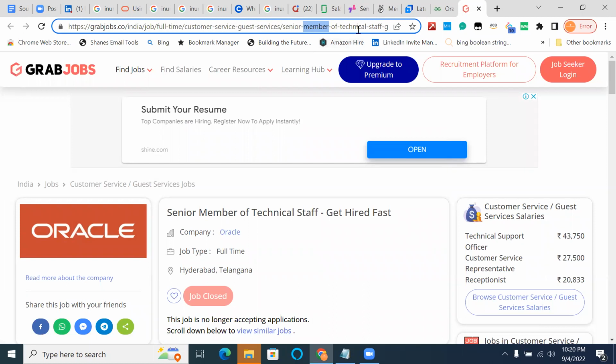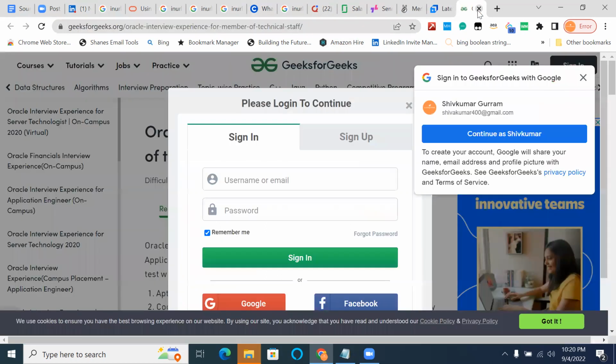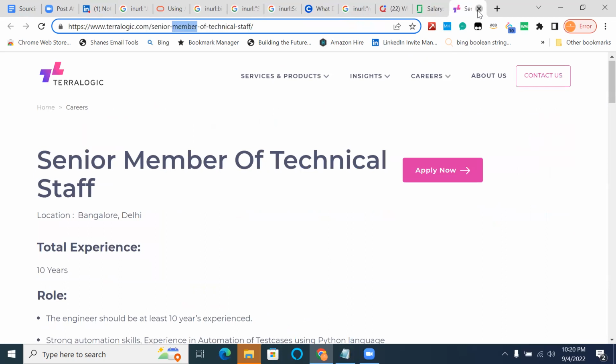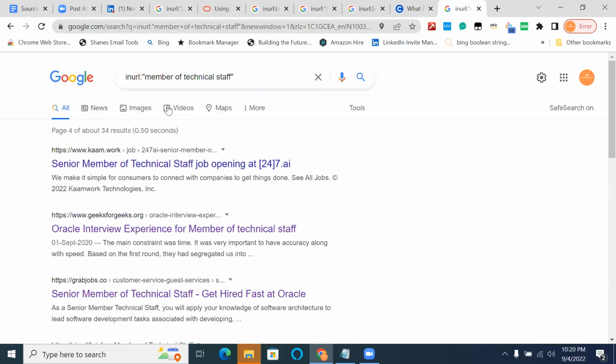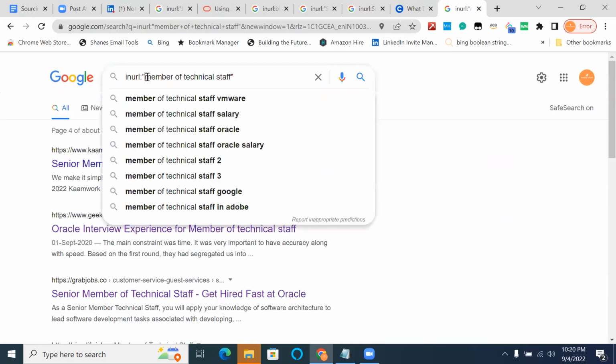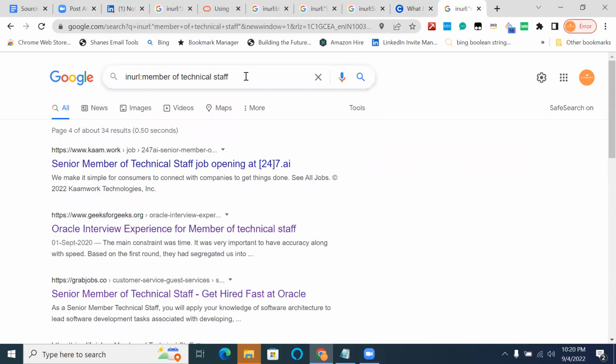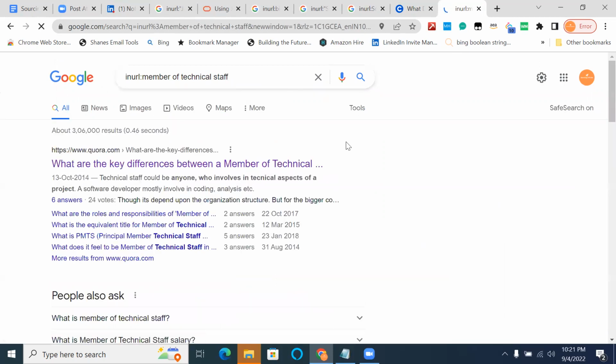Not in this case, if we remove the double inverted commas. Okay, you're saying when we are not giving the double inverted commas. In this, it will show the same concept again, the software engineer concept. The rest, of technical staff, can be there in the URL because it will be treated as an additional keyword. And when it is treated as an additional keyword, that keyword can exist either in the URL, the title, or the text. It's clear now.